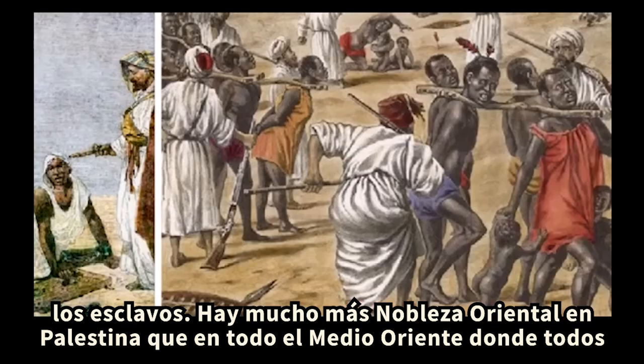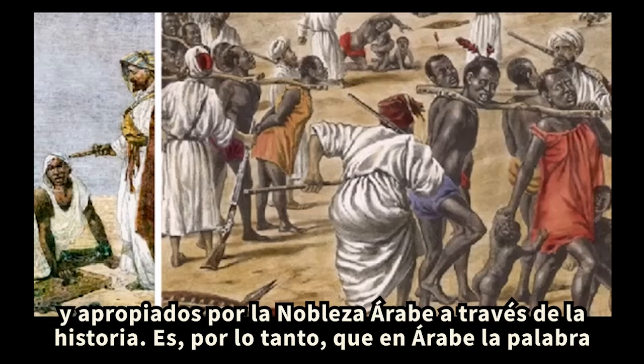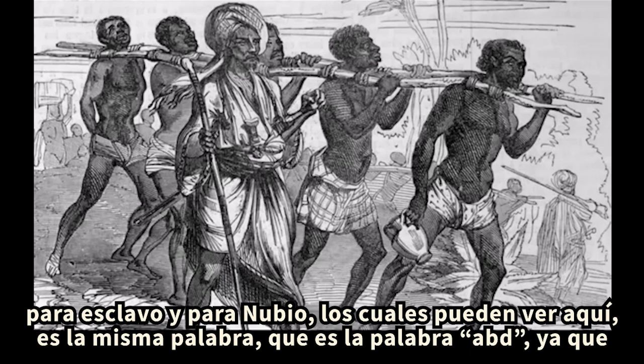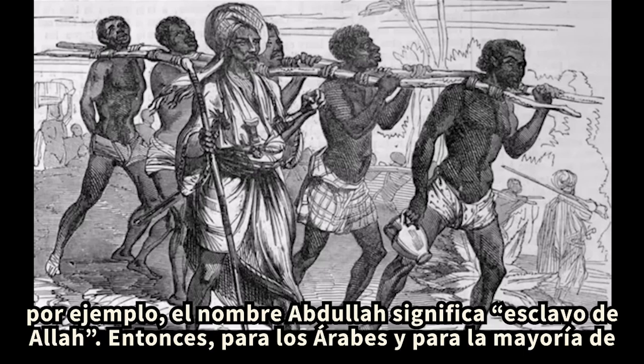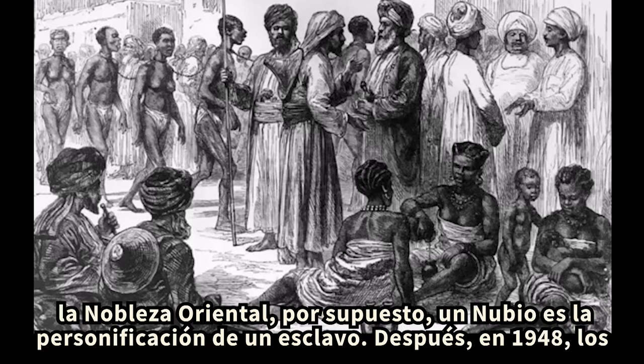their slaves. There was so much Oriental nobility in Philistine and the entire Middle East, who were all having real slaves, as an estimated 14 million Nubians were slaves and owned by the Arabic nobility throughout history. It is therefore that in Arabic the word for a slave and a Nubian, whom you can see here, is the same word, which is the word abd, as for instance in the name Abdullah, meaning a slave of Allah. So for the Arabs, and most of all the Oriental nobility, of course, a Nubian is the personification of